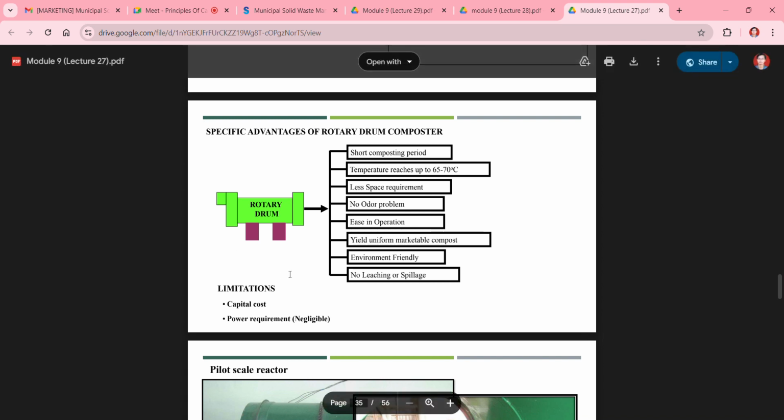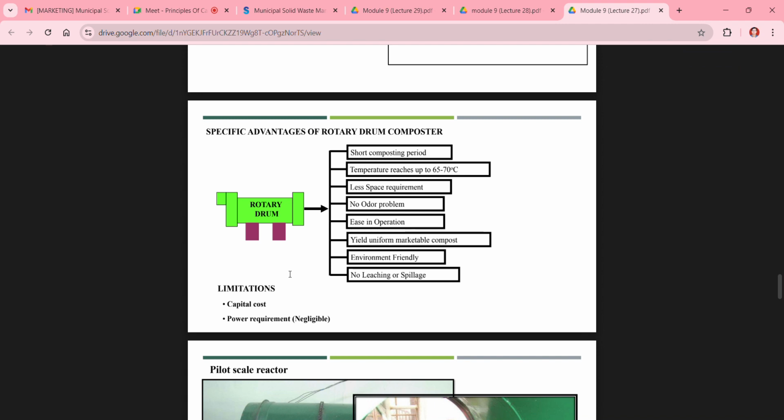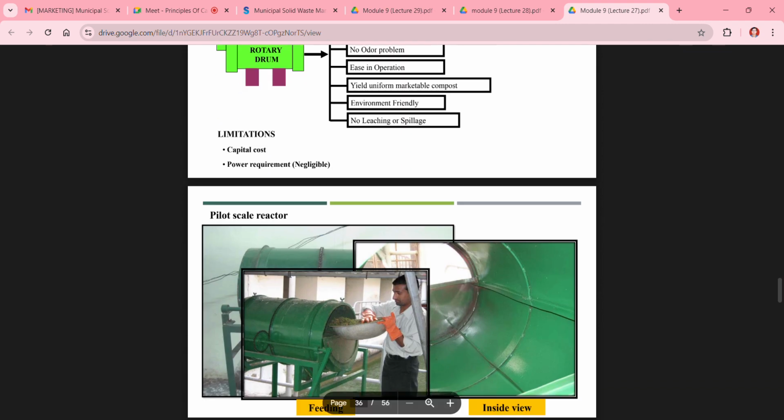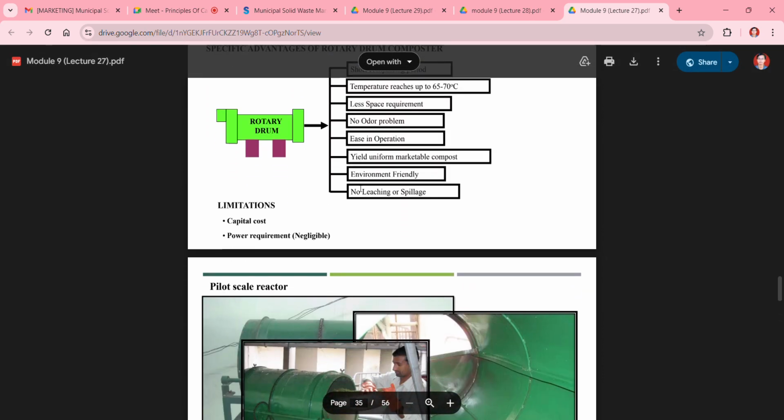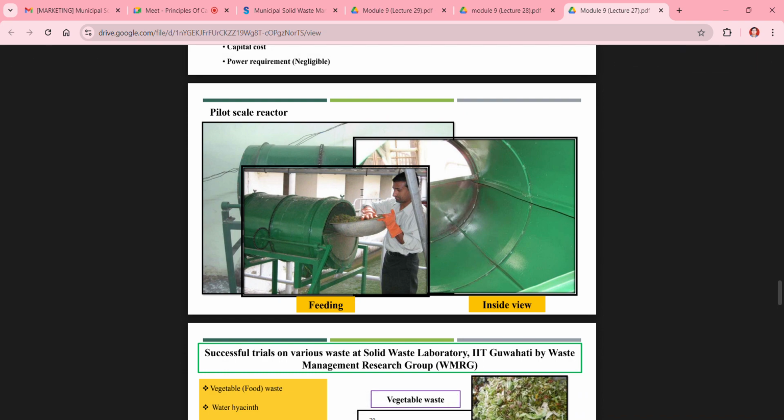Okay, and there are some limitations for these rotary drum systems, like the high capital cost, around 1.5 lakhs or 2 lakhs minimum, even for a pilot plant scale rotary drum system. Then there is a power requirement, whereas during aeration or static pile operations we generally don't need any power. Then these rotary drum reactors can be made at pilot scale also, as we can see in the